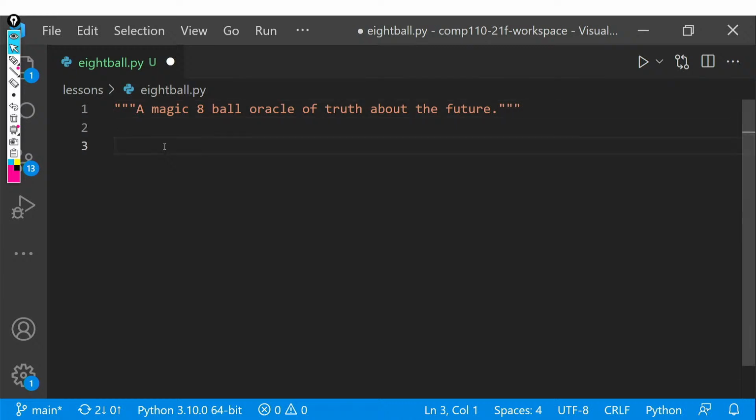And the only really important concept that an 8-ball has as a part of a physical object is there's some entropy or randomization to it, where you shake it, and that's causing an unknown physical process, a little bit of entropy, to cause one of the faces of the die that's inside of it to raise to the top. So we need a way of providing some randomization.